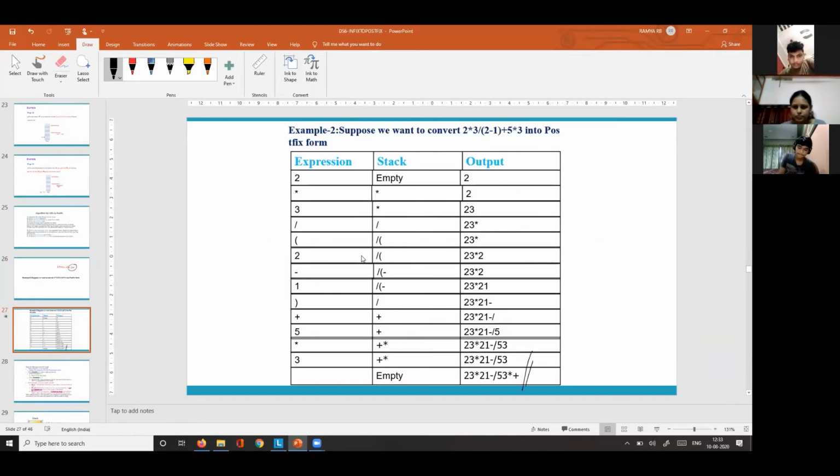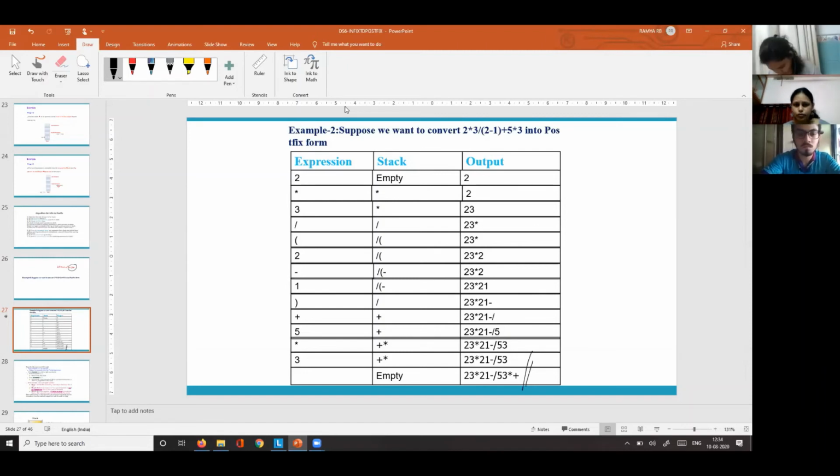Got it? How many of you have got it right? Did anyone get it right? Yes, Vikas has got it. Okay. Now for those who didn't get it right, I'll explain once again. When you get a question in the examination, this is how you have to explain. You have to draw a table like this and explain.